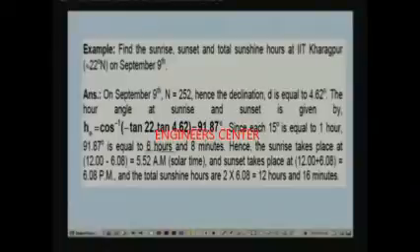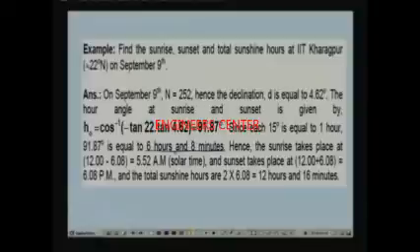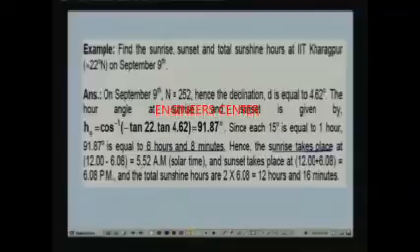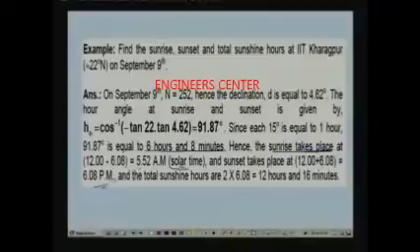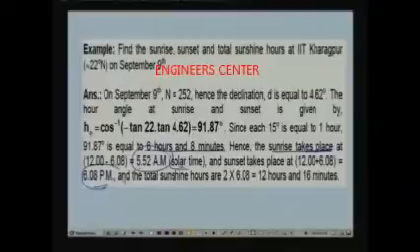Right. So, the hour angle is equivalent to 6 hours and 8 minutes. What is the meaning of this? This means that the sunrise takes place at 12 minus 6.08, that is 5.52 hours in the morning. This is the solar time, and sunset takes place at 12 plus 6.08, that is 6.08 pm, right. So, sunrise is at 5.52 am and sunset is 6.08 pm, okay, and both are with reference to solar times,